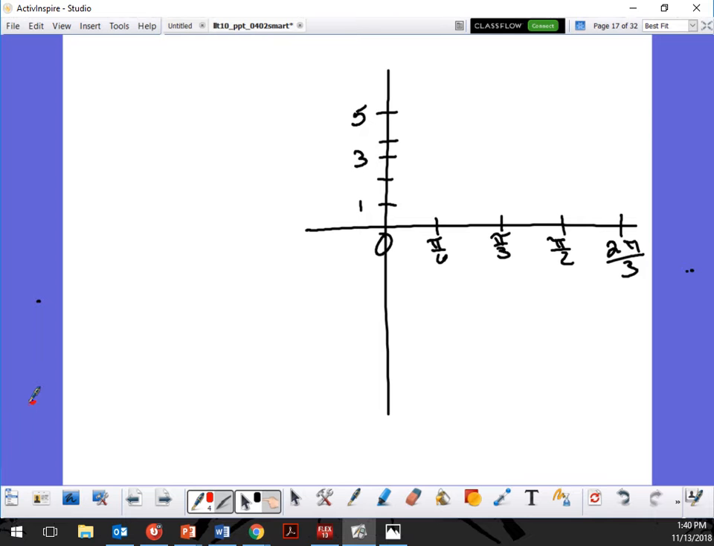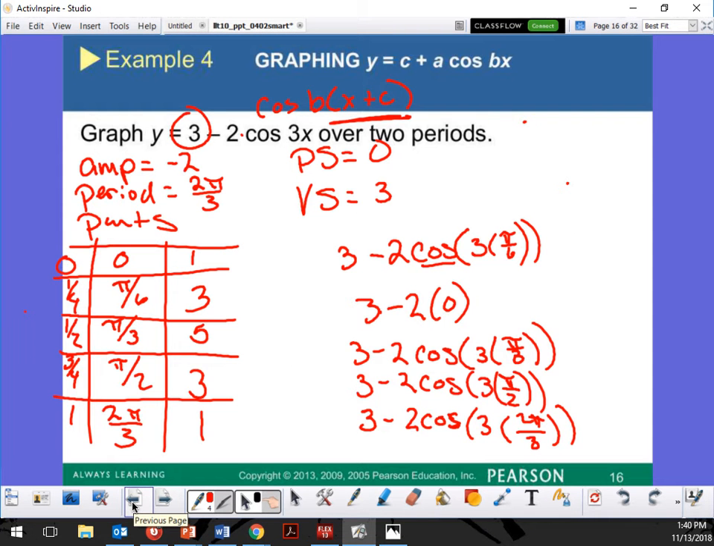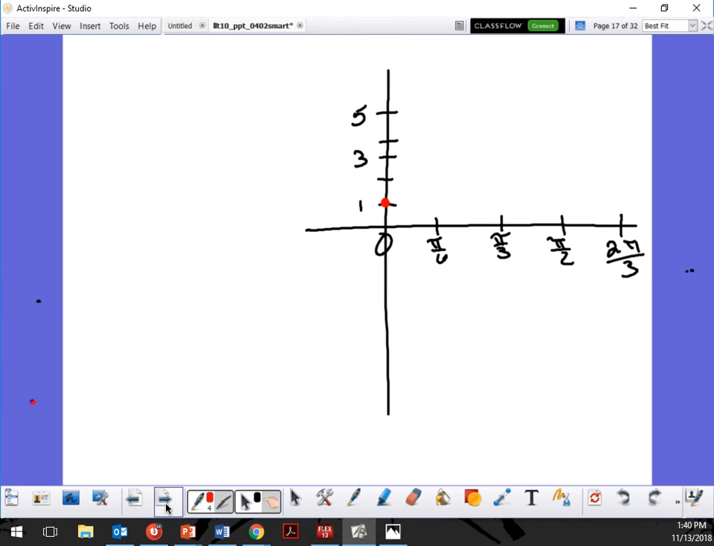So now I need to actually go through and start putting in my values. So, when it is 0, what is my value? 1. Look, at 0 it's 1, right? So that's your x and y right here. Yes, this is the x, and this is the y. Alright, at pi over 6,